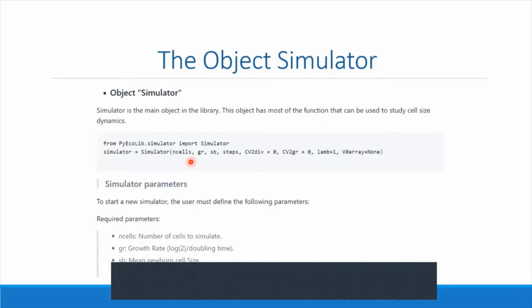The first one is ncells, that is the number of cells you want to simulate. I recommend the number of cells be 5,000, but it can simulate from 0 to a higher number if you have